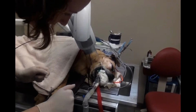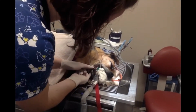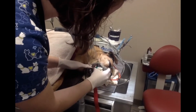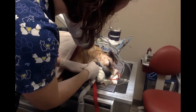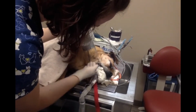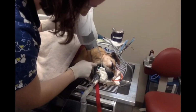Okay, so now I'm going to be doing some of the lower right carnassial teeth and premolars. So we already have the sensor placed back here. There's a little room underneath in between where the maxillary arches reach that we can push the sensor down. We still have our padding in her mouth in case she decides to wake up a little bit and bite down on our expensive equipment. So this sensor's lined up, so hopefully it'll get the crowns and most of the roots of these teeth, which is more what we're focusing on. And since I can get the sensor further in her mouth, I can line this up to be a little more parallel. We tilted it slightly downward just a little bit so we can make sure we get those roots